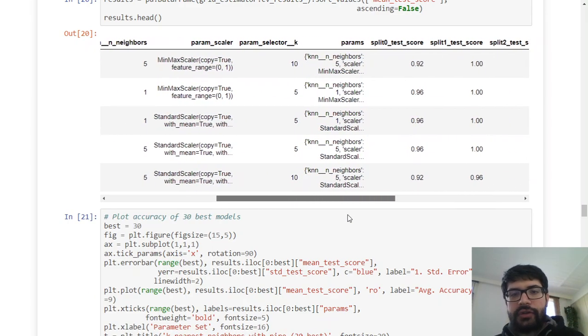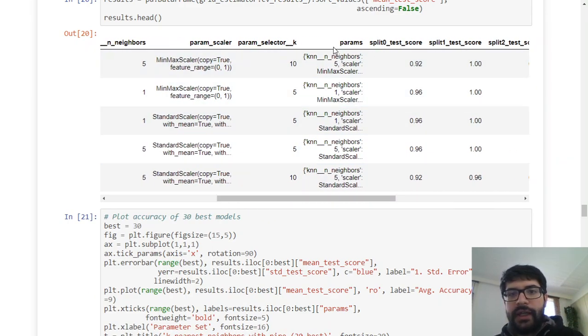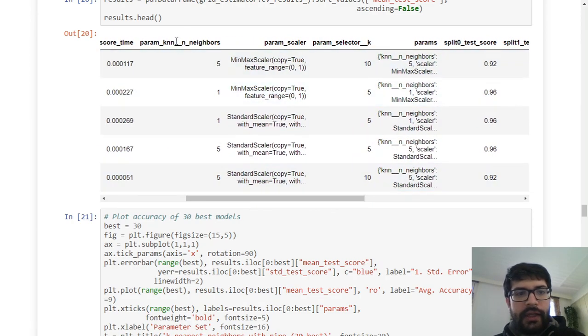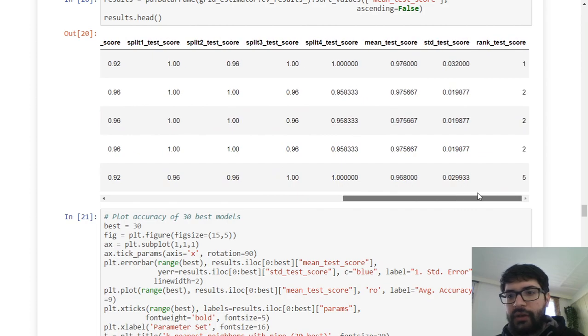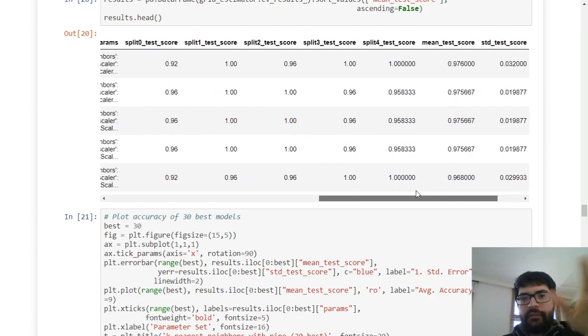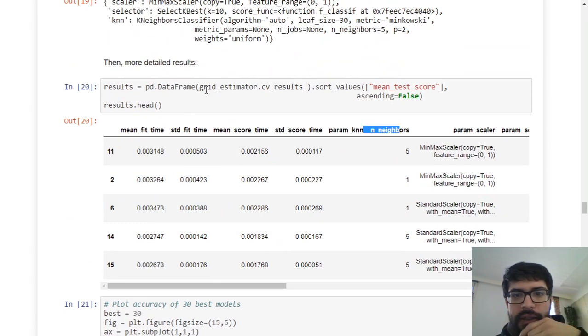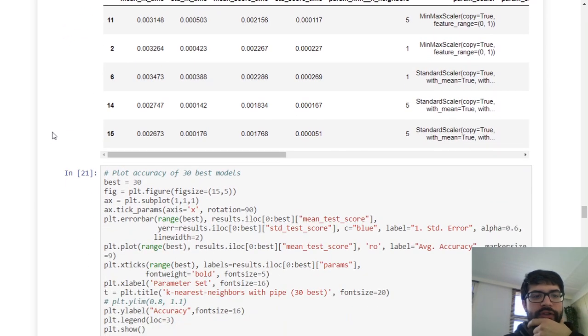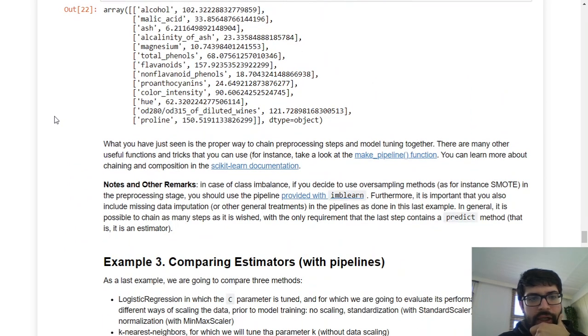You can see what's the ranking of the best K for feature selection, of the best K for K nearest neighbor, what was the best scaler. In this case, we only show the first 5, but of course you can extend the list by giving a number here to the head function. Okay,